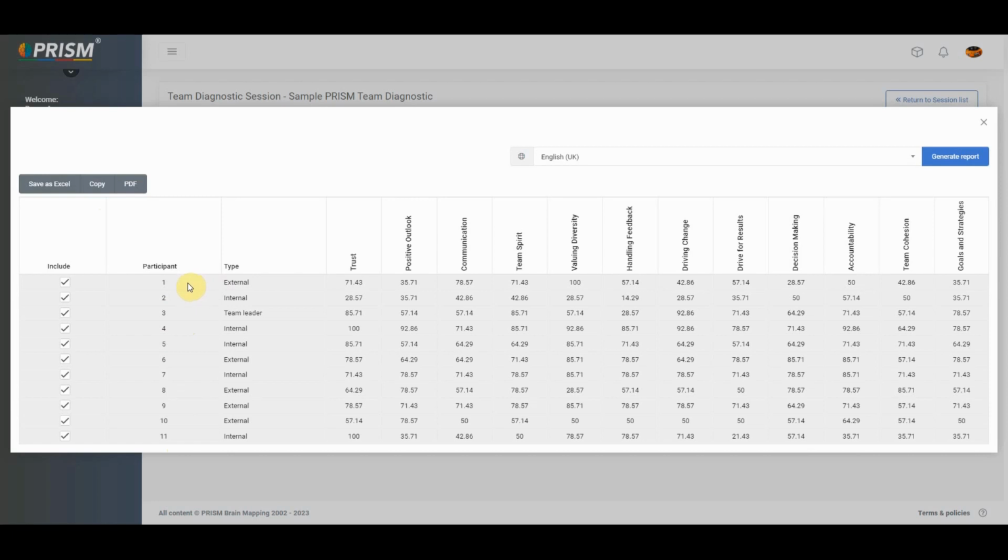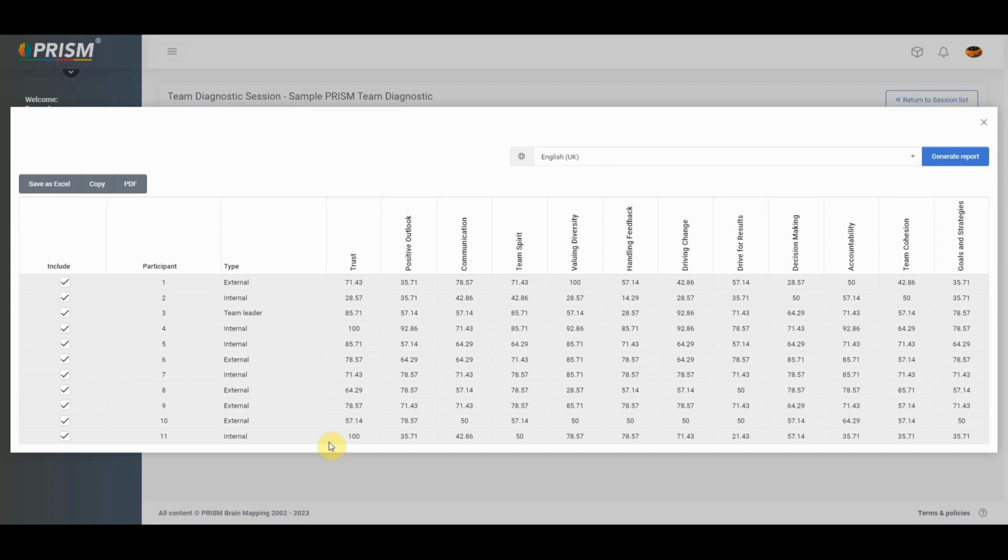This is an important feature of the team diagnostic and allows for candidates to be frank and open when answering the questionnaire. You can see which group each candidate was assigned to and the numerical score that shows how they feel the team as a whole responds to 12 key result areas of performance. 6 of the key result areas relate to the achievement of the team's goals or objectives, and 6 to team internal and external relationships. You have the option to exclude any participants' responses from the report.